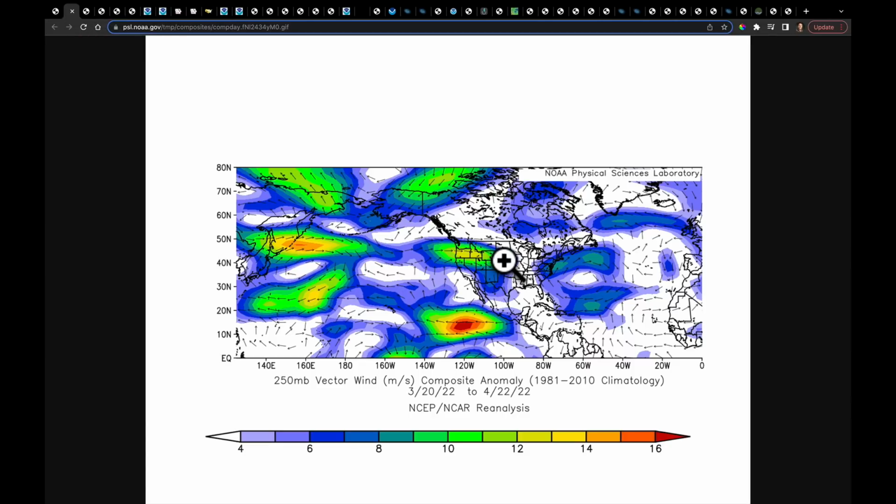Now, what it's given us, and we've talked about this quite a bit, is that this northern branch of the jet stream has been really coming across the Pacific like something like this. And what you're looking at here is wind speeds since the equinox compared to average. We've had a couple of very strong pieces of the jet stream that have been screaming across the North Pacific Ocean. Now, we discussed last week how this coming over the mountains has really expanded the rain shadow here in